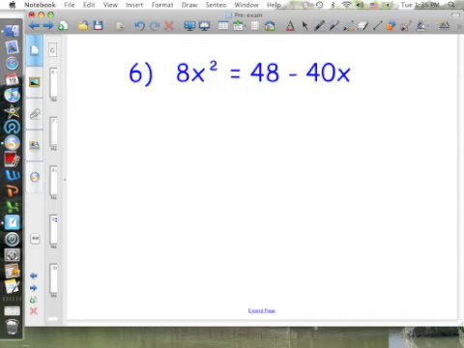Okay. Number 6, there are two terms with x in them, so you have to